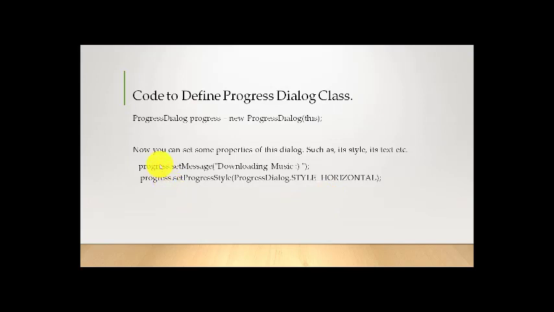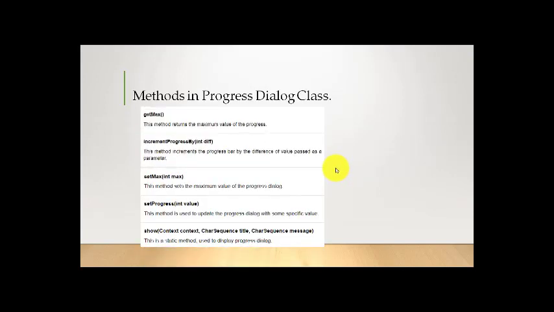These are the methods that are available in the progress dialog class. There are other methods also which are used to set various properties for the progress dialog class. So now we can set the title and the message for the progress bar, and we can set the style.